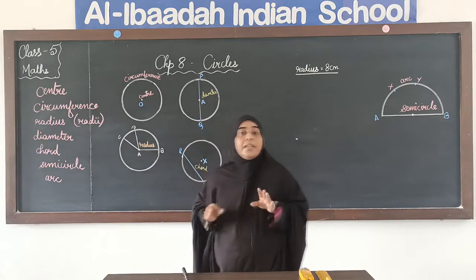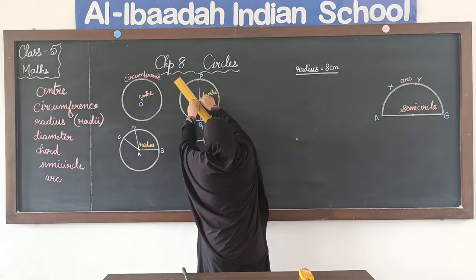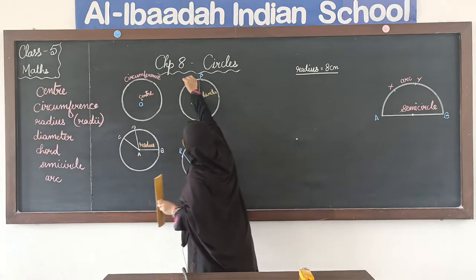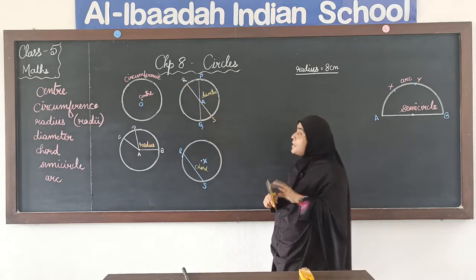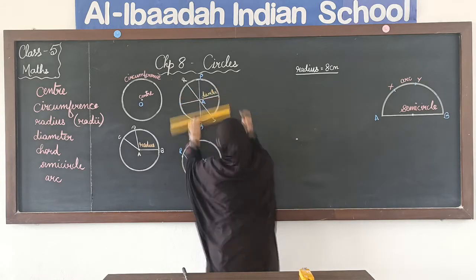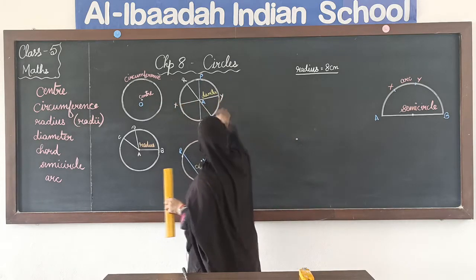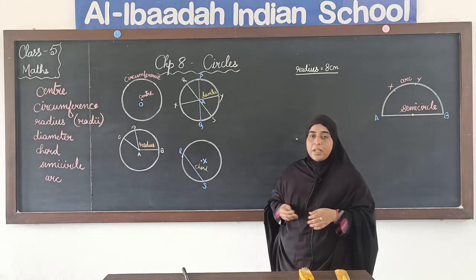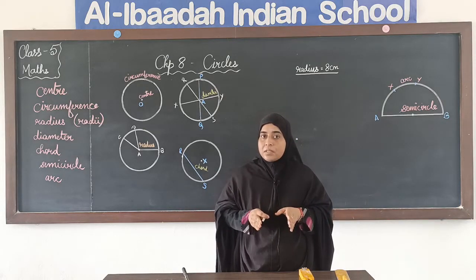It can have any number of diameters. Okay. For example, I can draw one more diameter here like this, which will pass through the center and join two points on the circumference like RS, right. Same way I can draw another diameter here which will pass through the center and I can name it as XY. So, you can see we can draw any number of diameters for a circle. Okay. The condition is it should pass through the center and touch two points on the circumference.